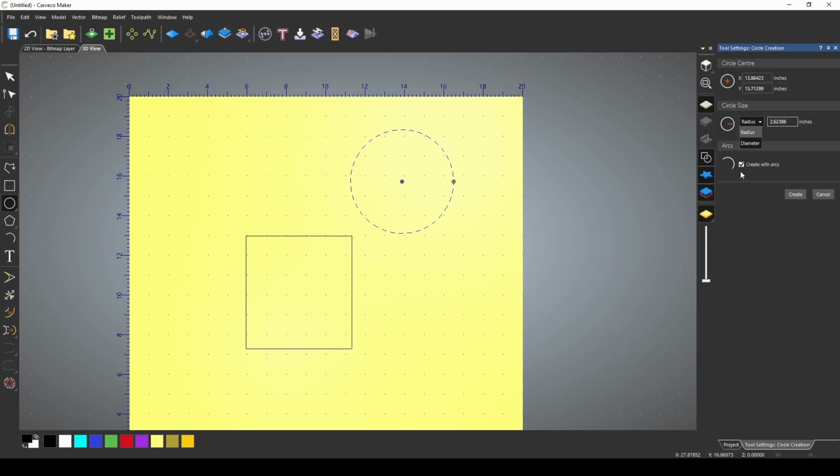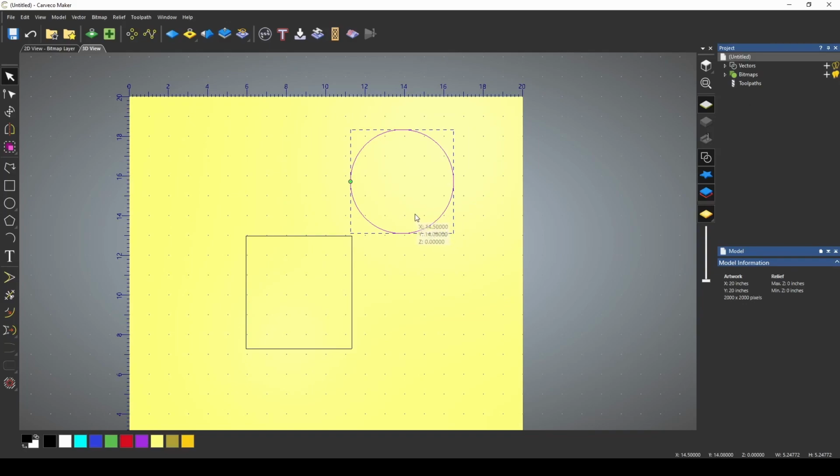This choice underneath here is whether you create this circle automatically with arcs, or with Bezier curves. So if you want all of your circles to start off as arcs, you can create them as arcs and they'll be simple arcs. And that's a fast way to create circles with arcs because they're more efficient when machining. However, you do have more control over the Bezier curve, and so you may want to keep that unchecked.